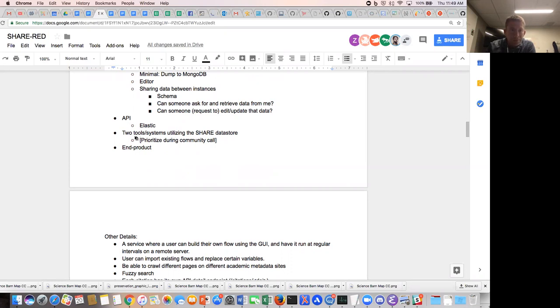And then kind of thinking about the MVP, that not just building the core infrastructure, but also looking to actually have a couple applied examples of using the data. So to make sure that we're driving towards at least a couple of those. So that's what we have so far as the MVP.